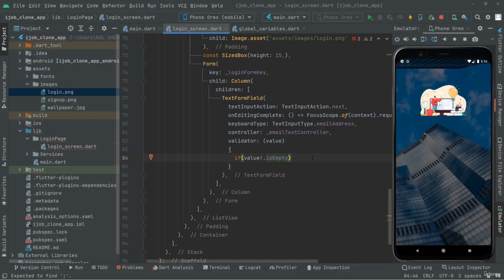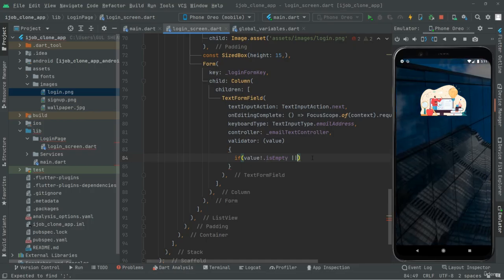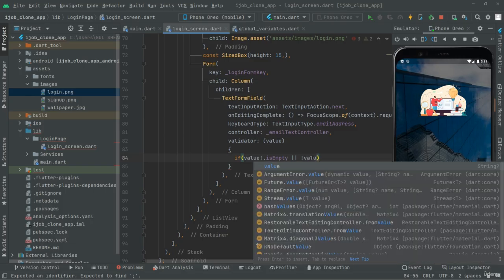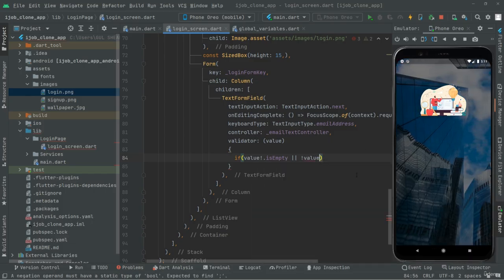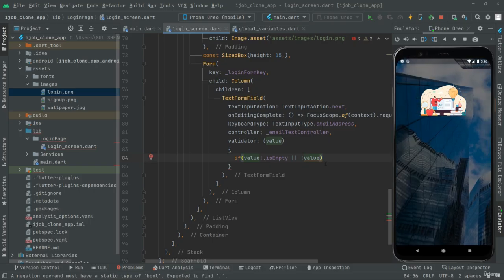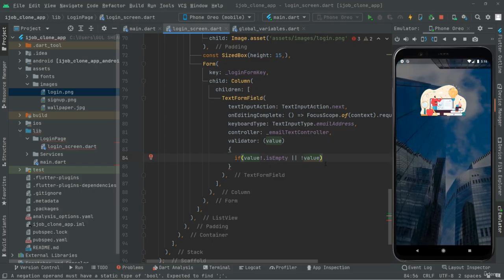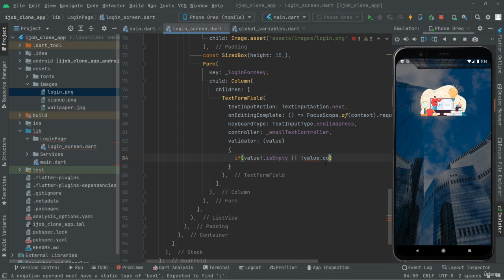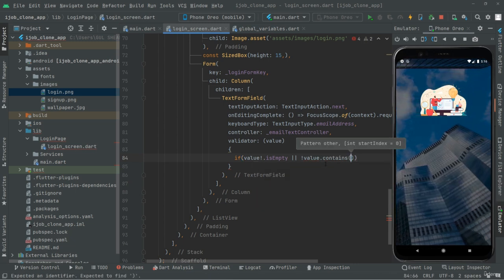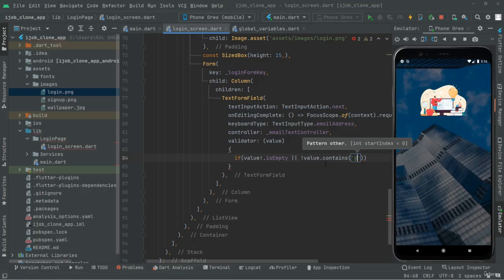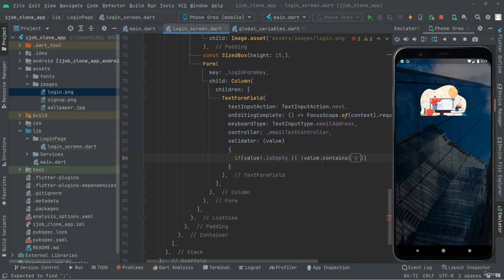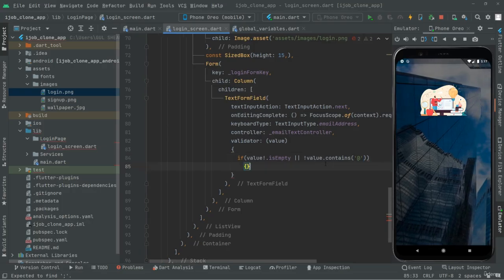If it's empty, or the value, the not sign, not value. So it simply means if the value does not contain the @ sign in the string. There we go. If the value does not contain the @, then in that case what we will say, we will simply return a text